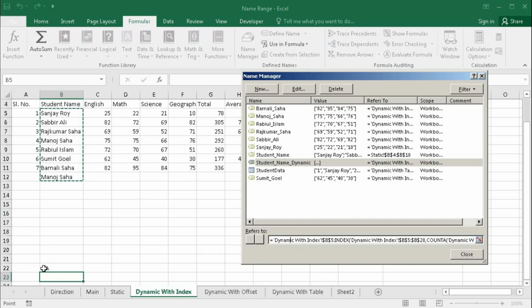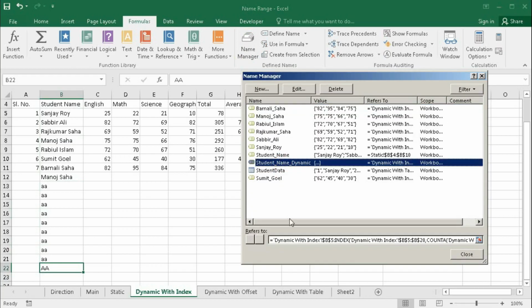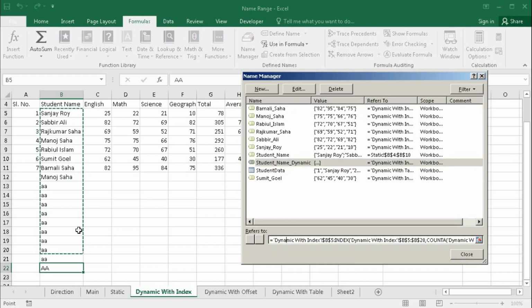So if we want to include more than row 20, suppose our value may increase this way, so it exits row 20. If we go to name manager and select this one, we can see it is selected up to 20. These two are not included.